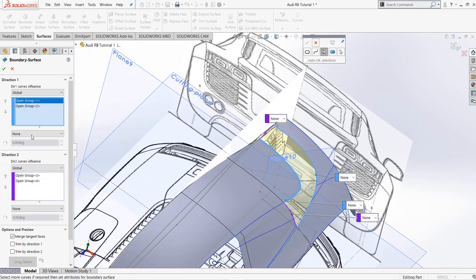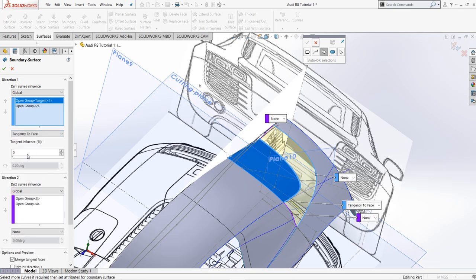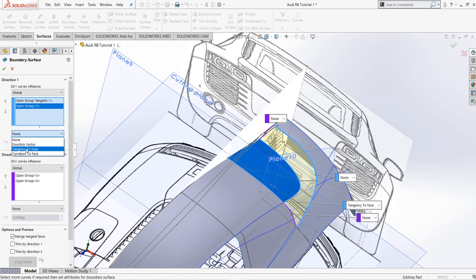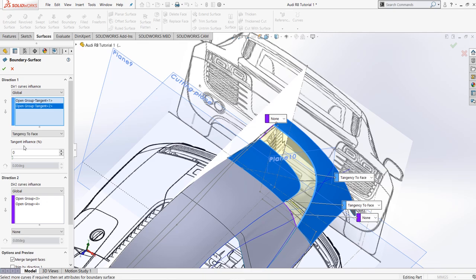Now select this open group 1 and give tangency to face and give the tangents and planes as 50, and select this open 2 and give tangency to face and give tangent and planes as 50. Then click OK.